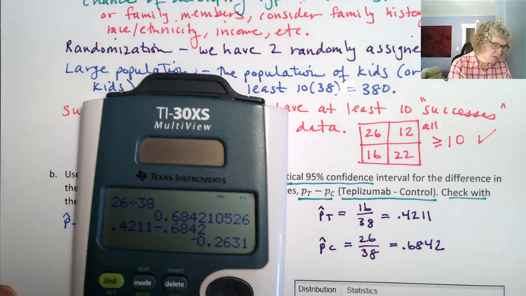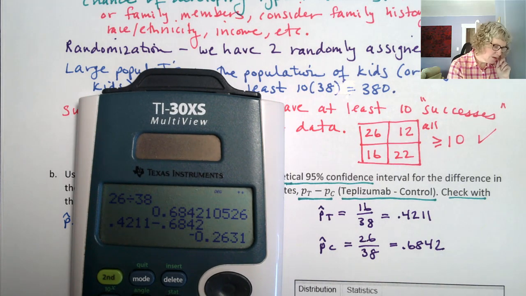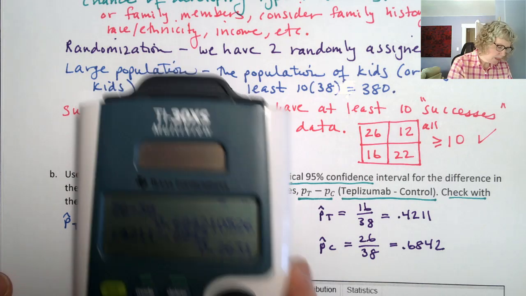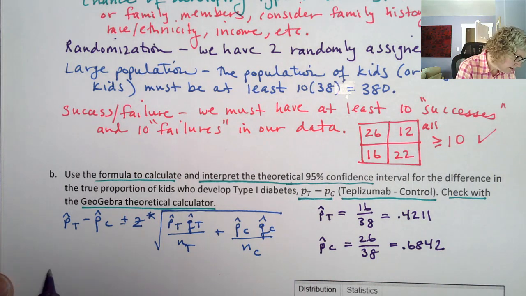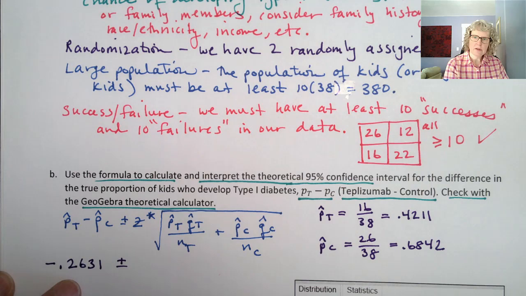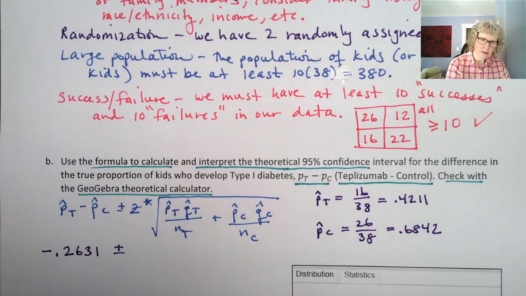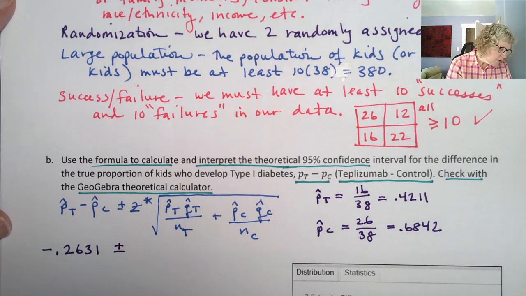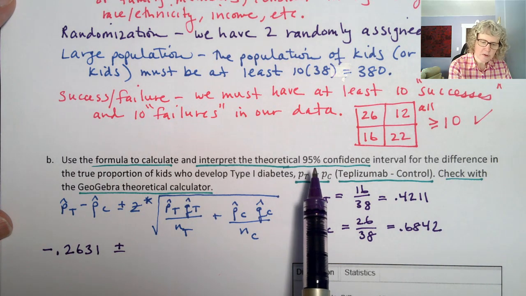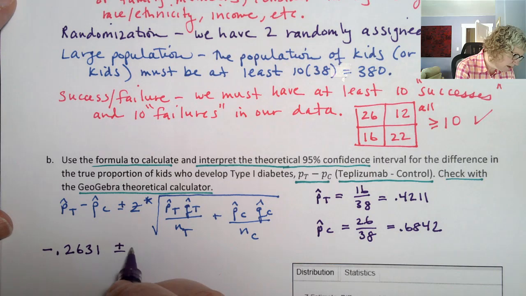Okay, so you can see it comes out very close, but there is a tiny bit of round off error because we ended up with 3.2 the last time, and this is 3.1. So I'm going to write negative 0.2631 plus or minus, so that's the difference I just got. Plus or minus our Z star. So we are using the 95% confidence level. So that's our 1.96